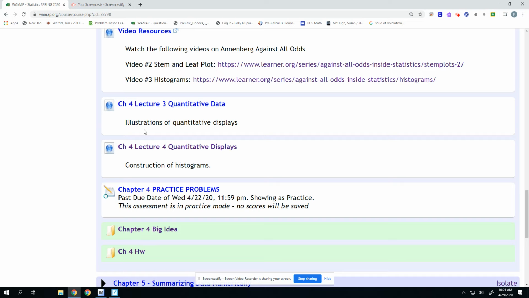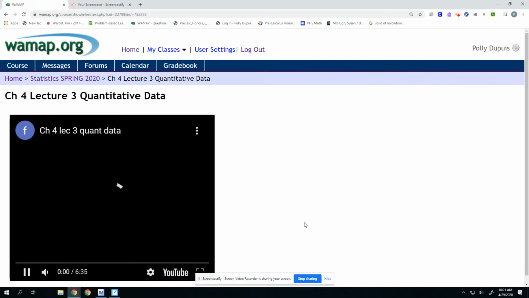Okay, so there are two types. Illustration of quantitative display. I'm going to go in there and look. Okay, if I look, stem and leaf, you all have